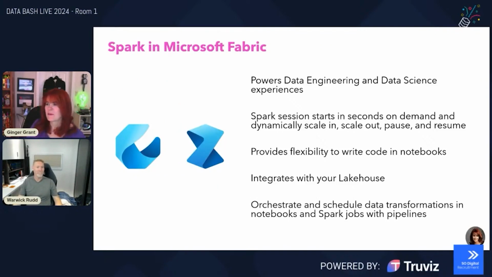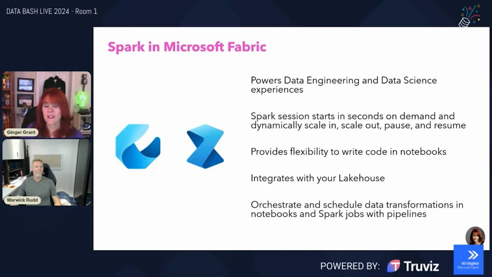So one thing about Spark in Fabric specifically is you'll see it inside of the data engineering and data science experiences. And one of the real big improvements that you'll notice if you've used it a lot in Synapse is it starts a lot faster. And that is a real big benefit. You don't have to create your own pool either. You've got a default pool that is created for you. Now, if you don't like that default pool, of course, you can always create your own.